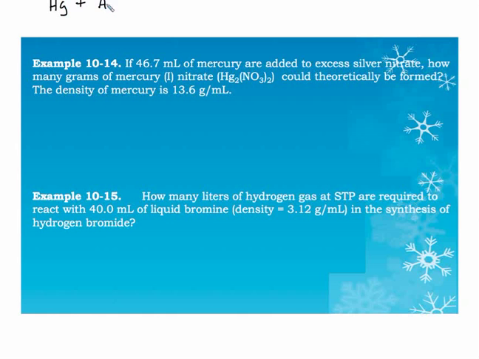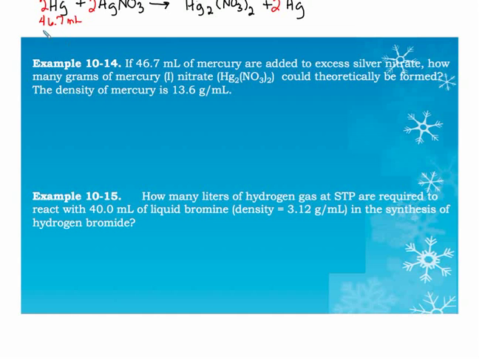Mercury is added to excess. You're going to love those words. Excess silver nitrate tells us I make mercury 1 nitrate. Mercury 1 nitrate's really a wacky little ion. Some of you may say, wow, why didn't I reduce that to a 1-to-1? But the mercury 1 ion always has to come in pairs, and that leaves silver all by itself. So I'll need a 2 there, and a 2 there, and a 2 there. Okay? So we have